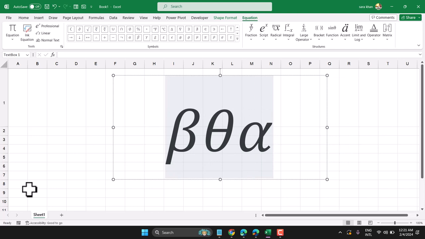So using this method, you can write any type of symbol, and you guys need to find out the shortcut. So in these symbol sections, once you hover, you will get the shortcut for that particular